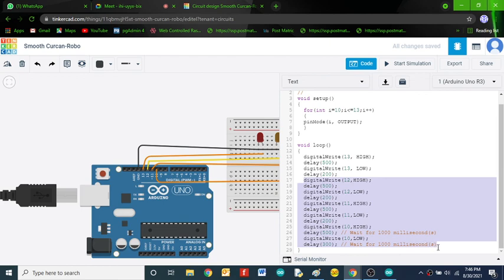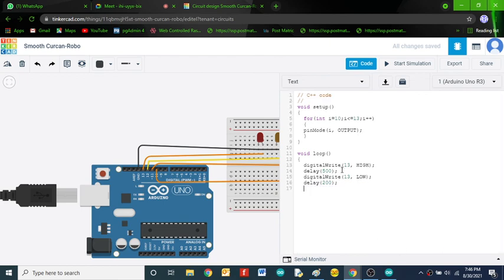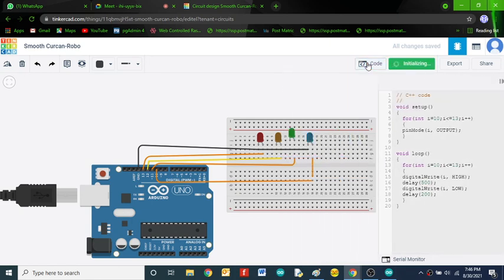I'll remove all this nonsense. So just use the for loop. Int i is equal to 10, i less than or equal to 13, i plus plus. Open curly brace and close curly brace, and instead of 13 use i.